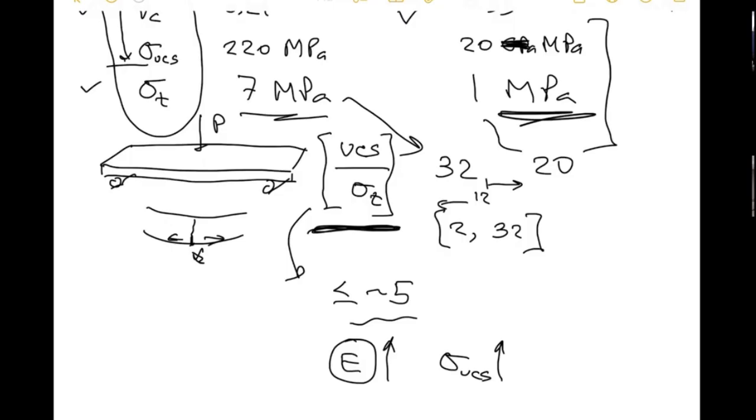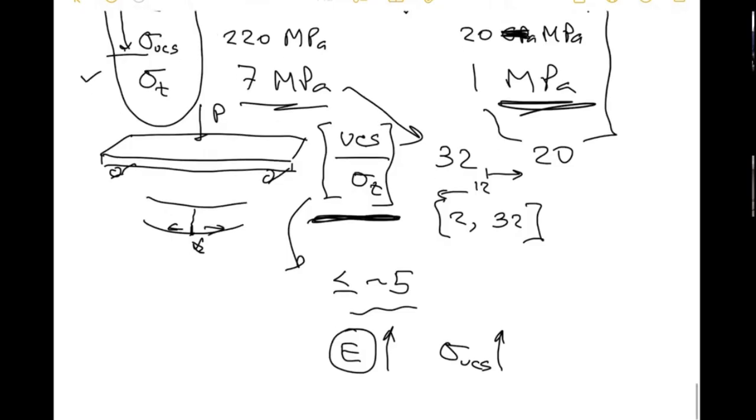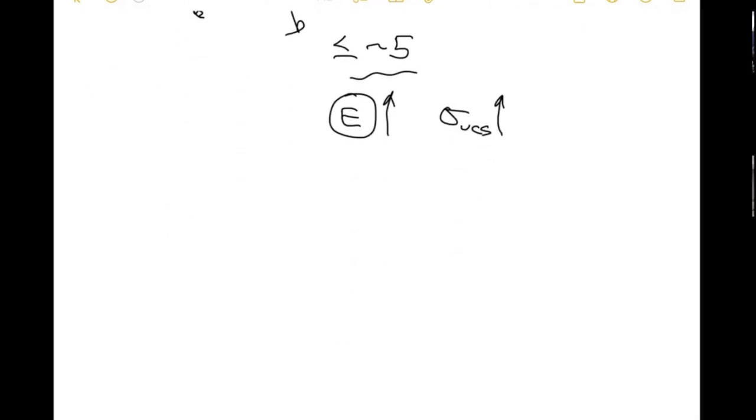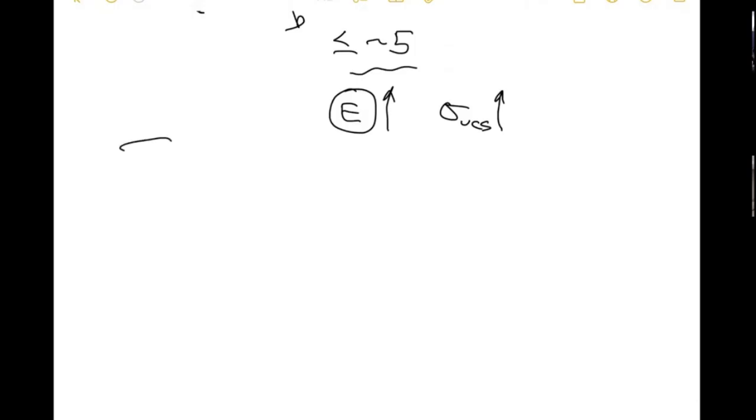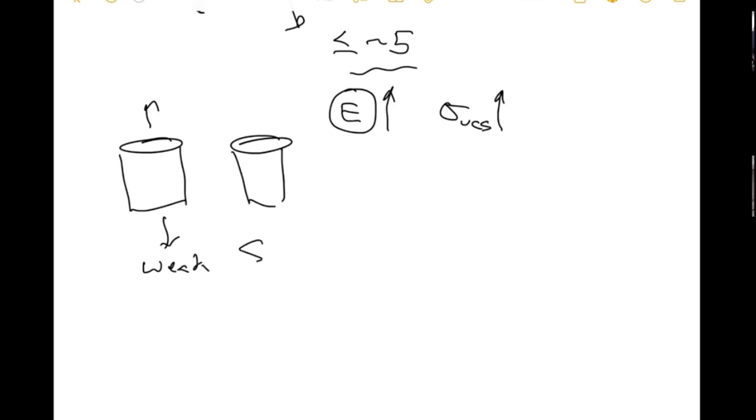Okay. Now there's one more thing about rock. Let's see who knows this. Check this out. Okay, rock: tension, weak. Compression, strong. Now, what if I take rock though? Let's do it this way.